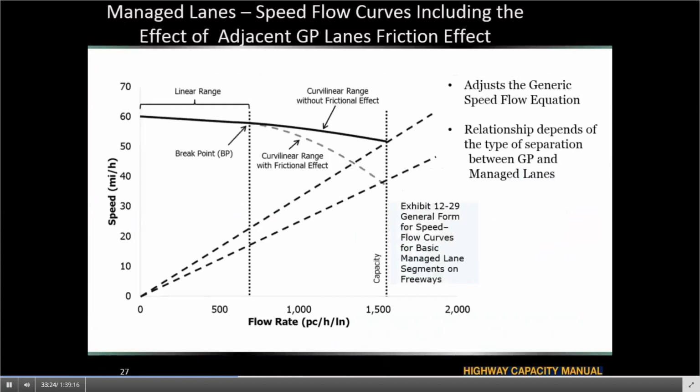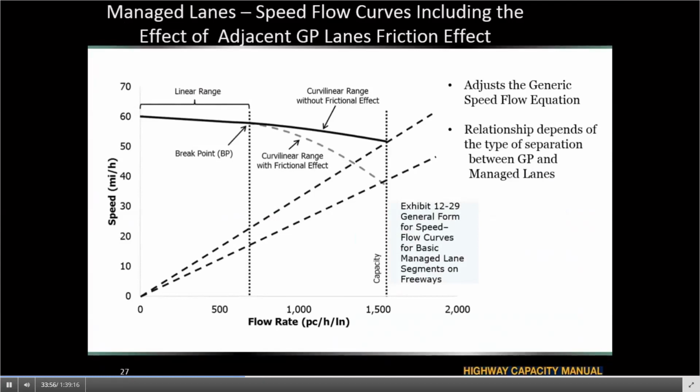So another difference that the managed lane segment speed flow model has compared to the general purpose lane speed flow model is that, first, in the linear range, at some segment types, we do see a slope where whenever the flow rate increases, although we have not gone into the breakpoint and not gone into the curvilinear range, speed still decreases slightly.